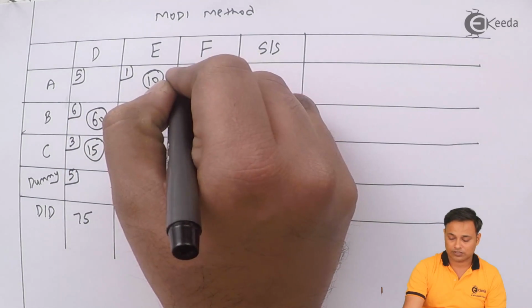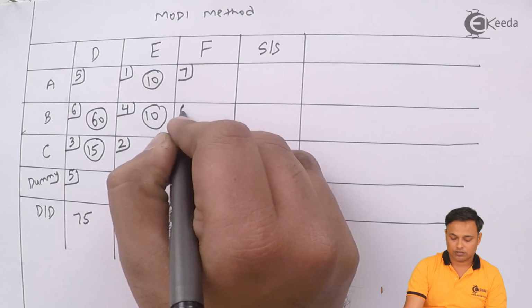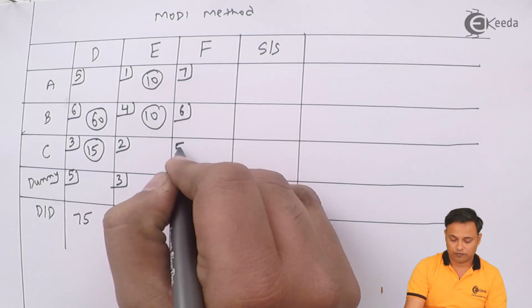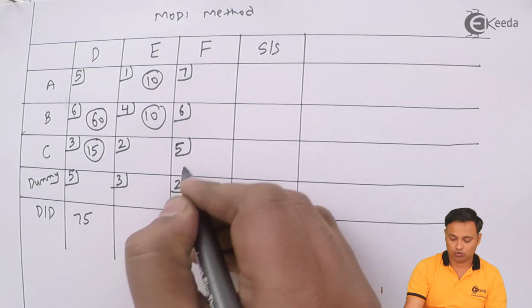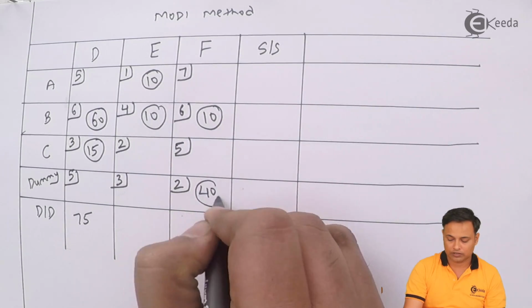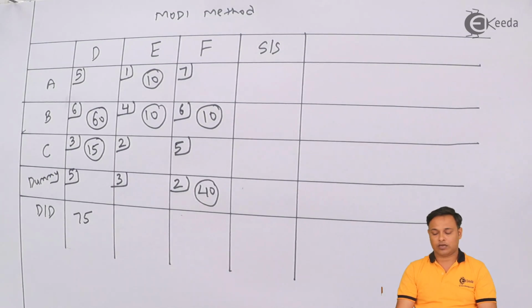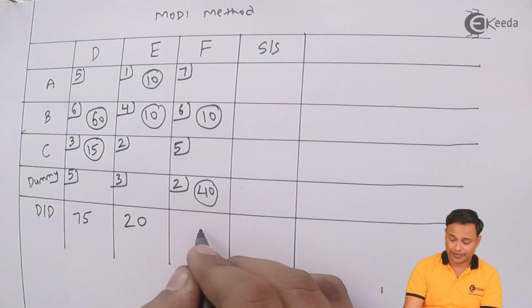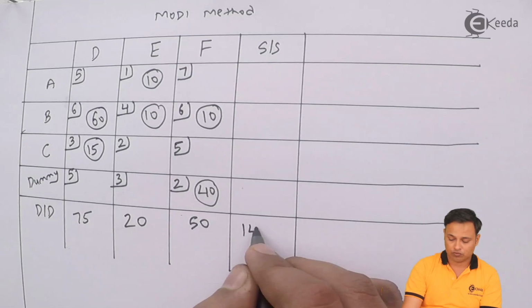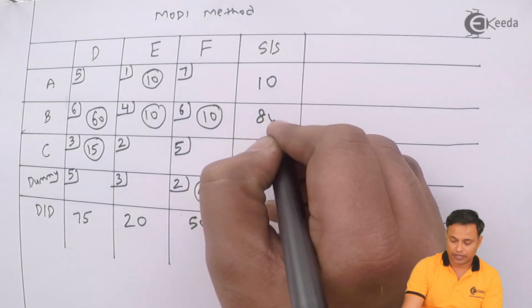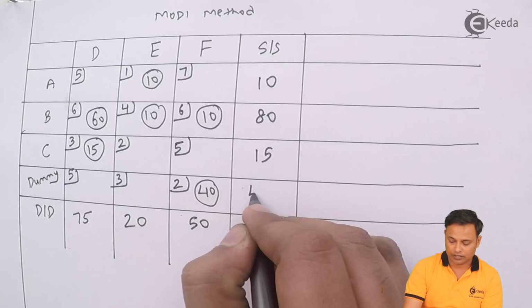Then we have 7, 6, 5 and 2. We have allocation of 10 and 40 here. And now I'll put the demand 75, 20, 50, which comes to 145, and my supply 10, 80, 15 and